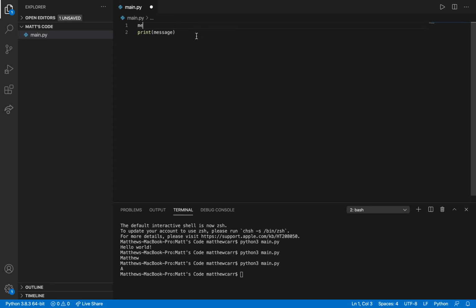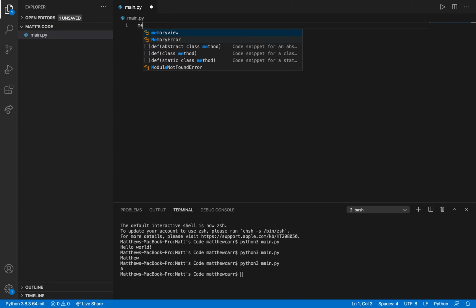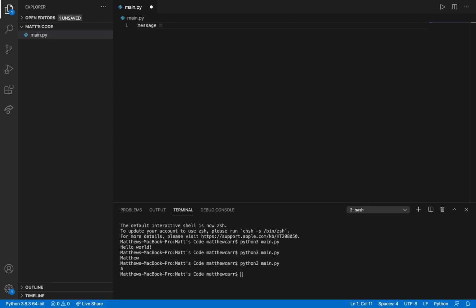You can also concatenate them. So concatenation, that's basically just combining both of them together. So let's say we have a variable name message, and we give it the value of Matthew.